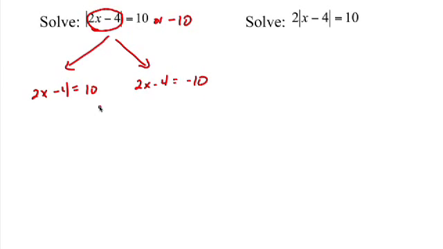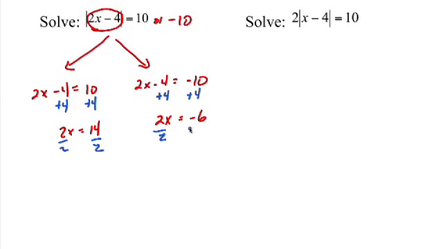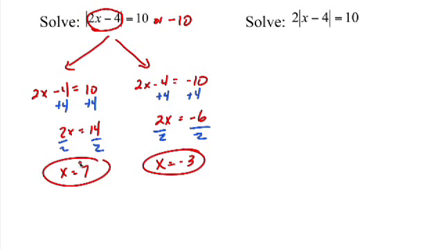So to finish this, we realize you've solved enough equations so far, so you're going to add the 4 over here, and over here you're going to add the 4. That gives you 2x equals 14. And then over here you're going to get 2x equals negative 6. Then your last step, divide by 2 on both of these. Whoops, forgot the 2 there. There we go. And then your final answers: x equals 7, x equals negative 3. Both of those are the solutions to that one equation. So make sure you insert both of those into the answer palette there in ALEKS.